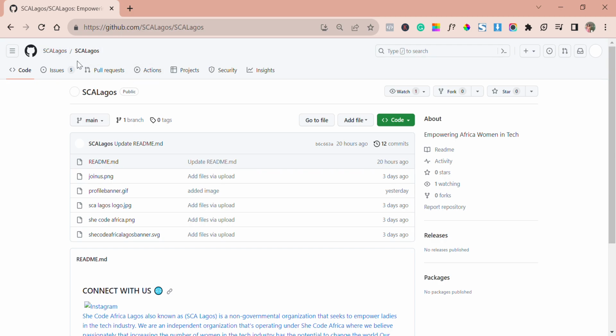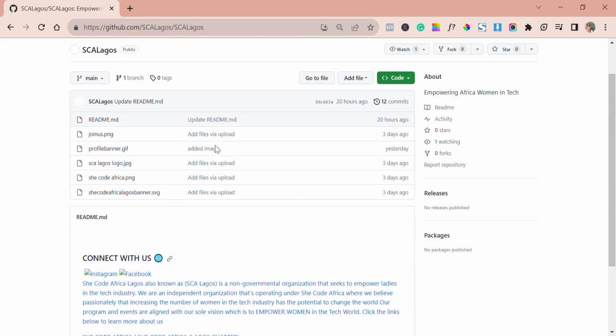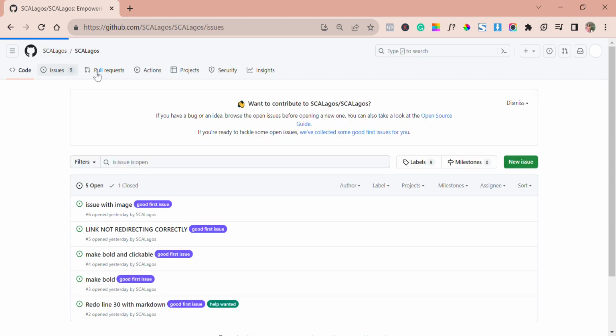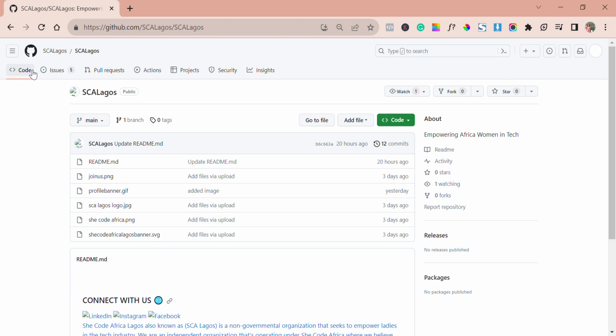How do you know? This is the name of the account, and this is the repository I'm working on, and this repository has issues. Pull request is not showing. I already know the issues here, but if you want to verify, you could just go to issues. I'll not be going through all that, I just want to show you what to do. When you land on the repository where you're seeing the files and everything, what you're going to do is click on